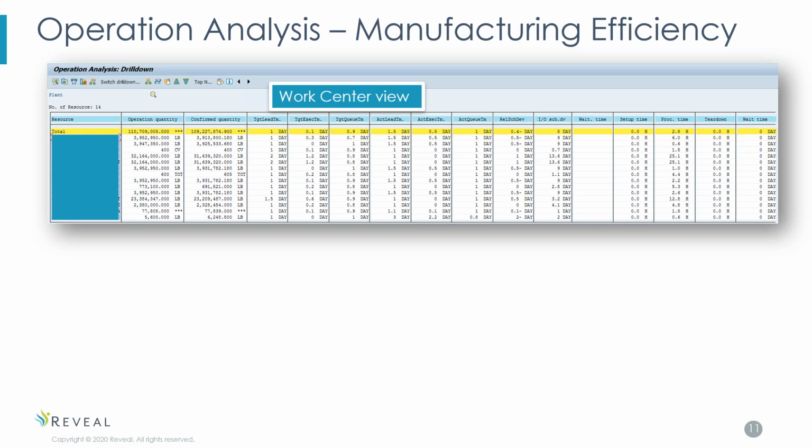So all that queue time, all that wait time, all that hold time, inspection time, all that stuff that's non-value add in SAP is queue time. And the reason they want to do this is they really want to show you how much time is really wasted. So this allows us to start going into the system and really seeing where we can optimize,